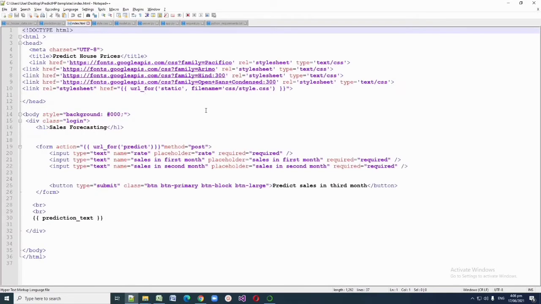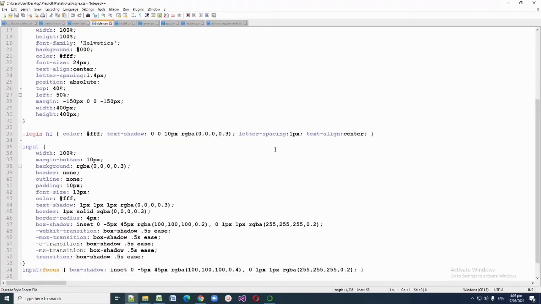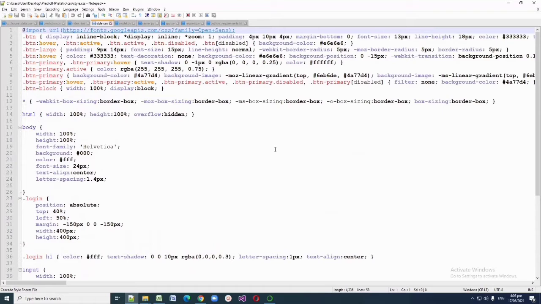And this part is the front end using HTML for the user to input the values. There are 3 fields which need to be filled by the user. First is the rate of interest, second, sales in the first month, third, sales in the second month, and a predict button to display the result. Next is styling the front end using CSS for the input button, login buttons,